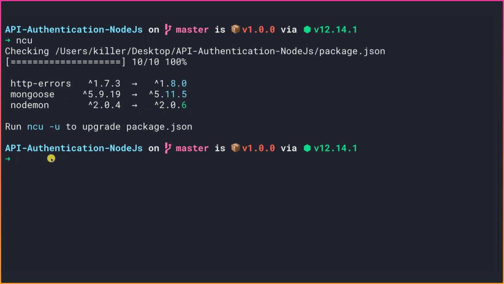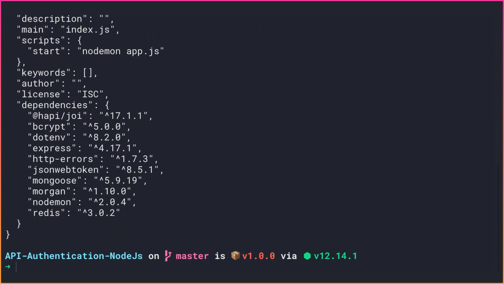So now, to update the dependencies inside the package.json file, let me show you the package.json file again. We see that we are getting an update for this thing here, from 1.7.3 to something, and then for Mongoose and for Nodemon here.